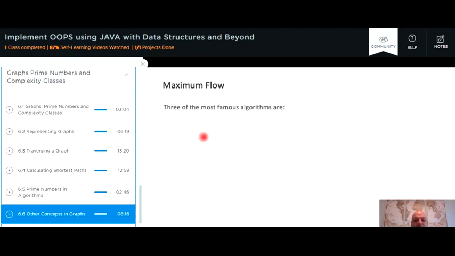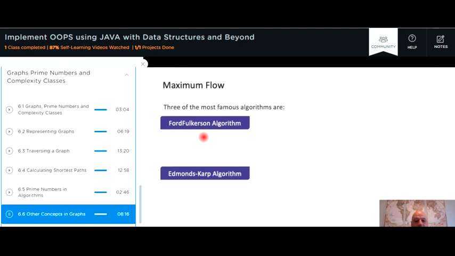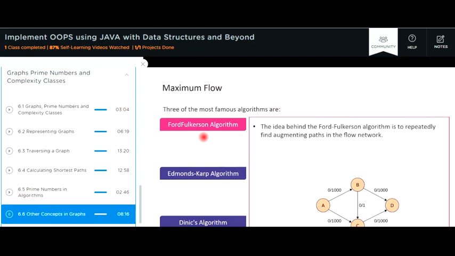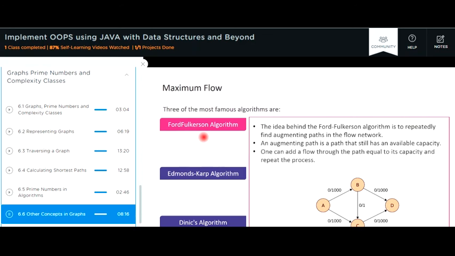Three of the most famous ones are the Ford-Fulkerson algorithm, the Edmonds-Karp algorithm, and Dinic's algorithm. The idea behind the Ford-Fulkerson algorithm is to repeatedly find augmenting paths in the flow network. An augmenting path is a path that still has an available capacity. While it is possible to find augmenting paths, one can add a flow through the path equal to its capacity and repeat the process. Ford-Fulkerson algorithm runs in O(E times F), where F is the maximum flow